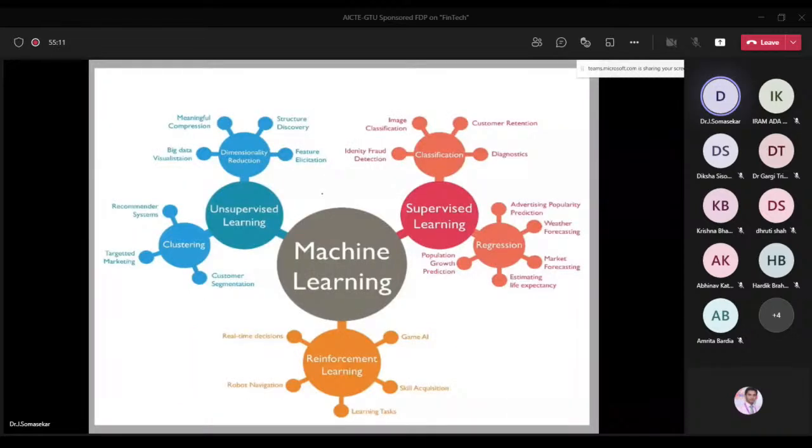I already explained that in machine learning we have supervised, unsupervised, and reinforcement learning. Of course, reinforcement and unsupervised are not required here. We are going to focus on supervised learning for Bitcoin prediction, in which we are going to focus on regression. By using regression, we are going to predict the Bitcoin price, that is, the closing price.